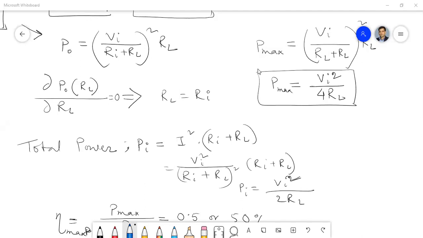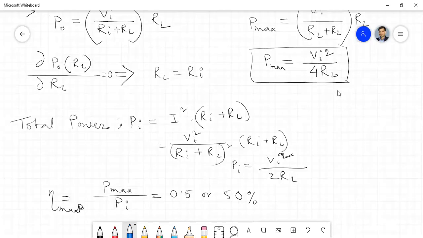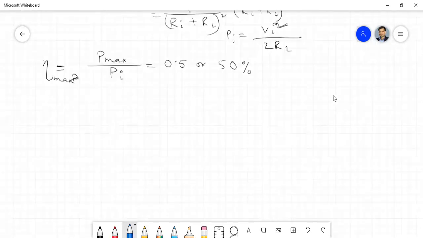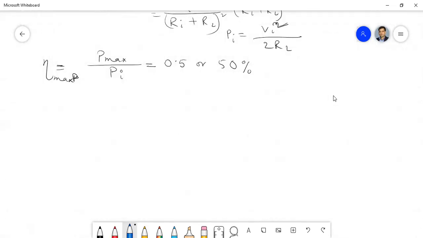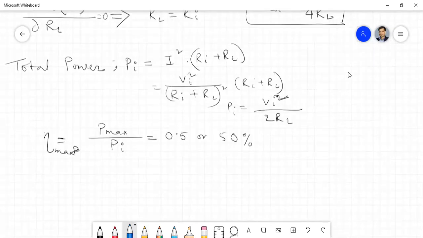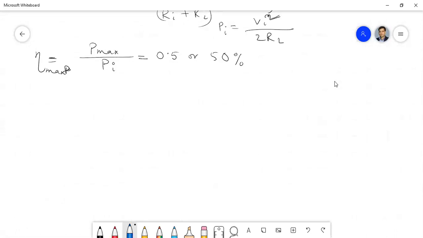Anyway, we have discussed already what is the maximum power transfer theorem, and that is the last theorem. And one more thing I should mention here. We discussed two cases. If both the load and internal circuit have impedances, that means real part and imaginary part, what will be the condition? We have also discussed if both the load and internal circuit have only resistance, then what will be the condition?